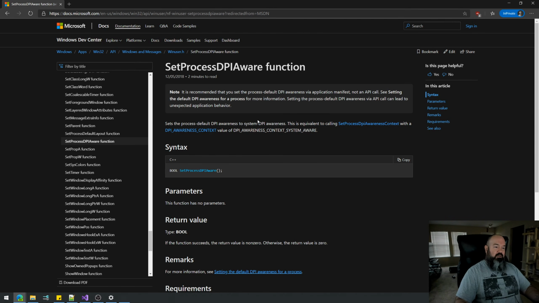Setting the process default DPI awareness via API call can lead to unexpected application behavior. Set the process default. This is equivalent to calling set process DPI awareness context with a context value of DPI awareness context system aware. Let me click on